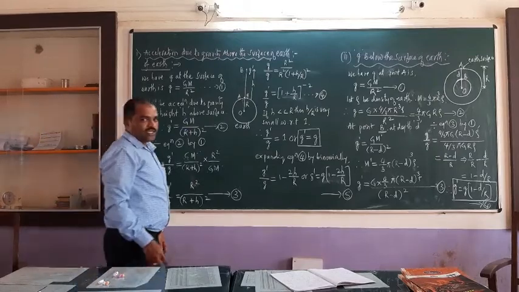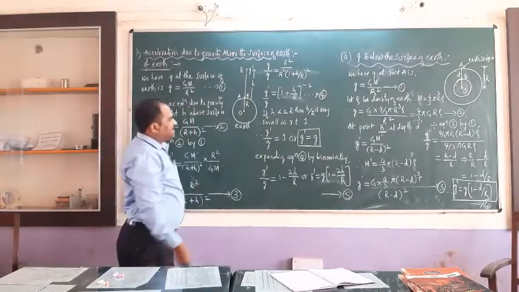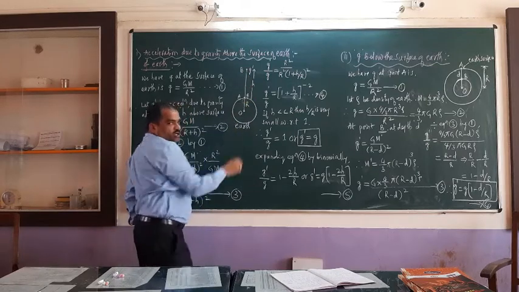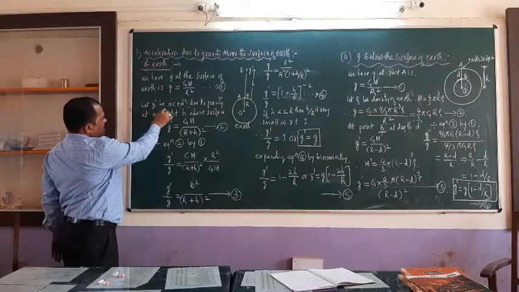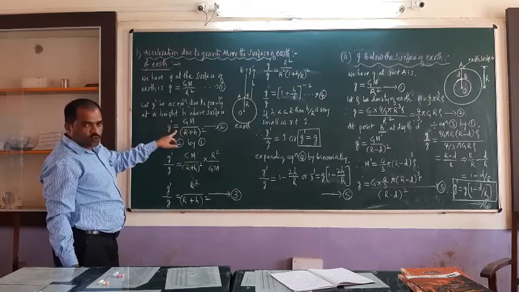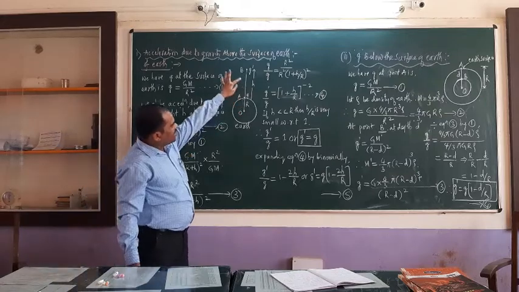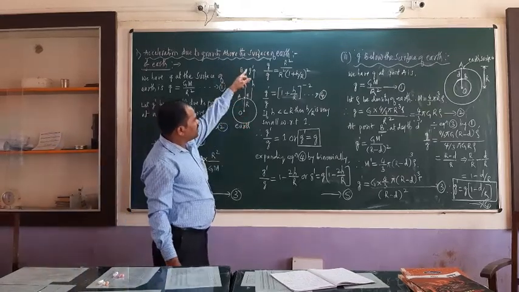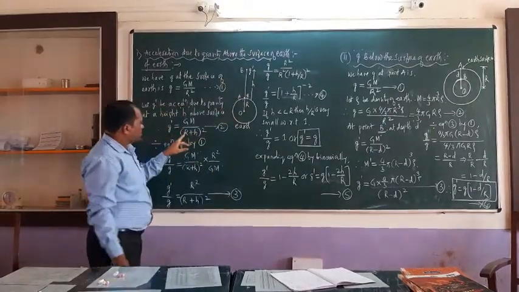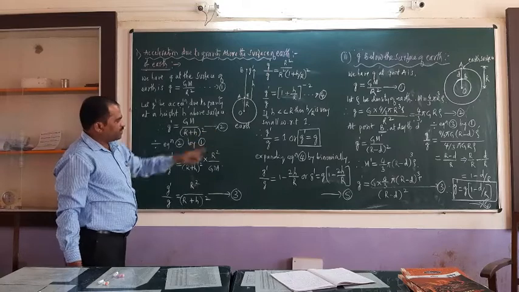Now suppose the body is taken from point A to point B, that is above the surface of the earth, and let h be the height of that body from the surface of the earth to the point B. Therefore, let g dash be the acceleration due to gravity at a height h above the surface. So g dash is equal to GM divided by R plus h, the total distance from the center of the earth to the body which is at B. Therefore, here instead of R it becomes R plus h whole square. Let it be equation 2.